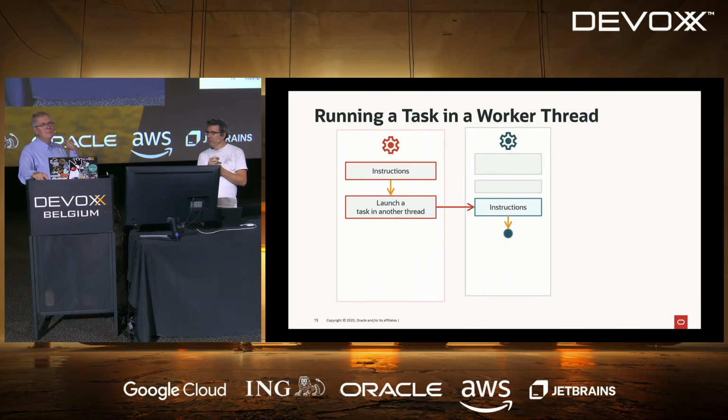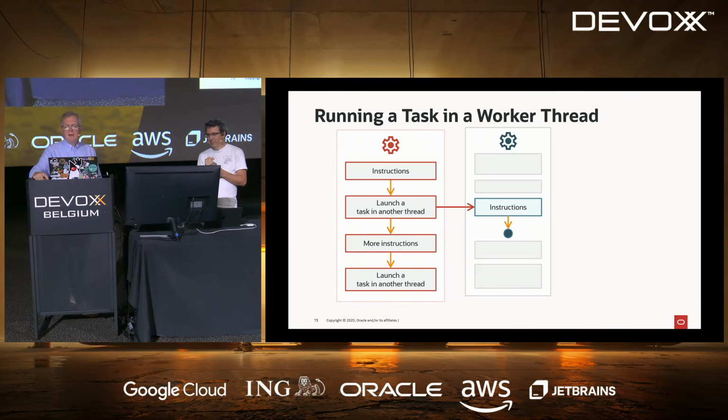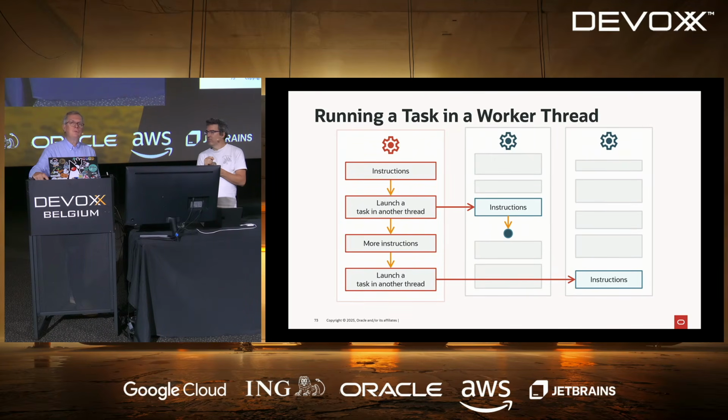And this sending of a runnable is in another thread. From a, I would say, formal point of view, it's just like going to this other thread. There's no goto, but this is still what you're doing. And after that, you're doing more instructions, and maybe you're launching a task in another thread, and it will be executed yet in another worker thread, which is different from the first one, but actually you don't know it because you submitted that to an executor service. And this is really bad, you see?